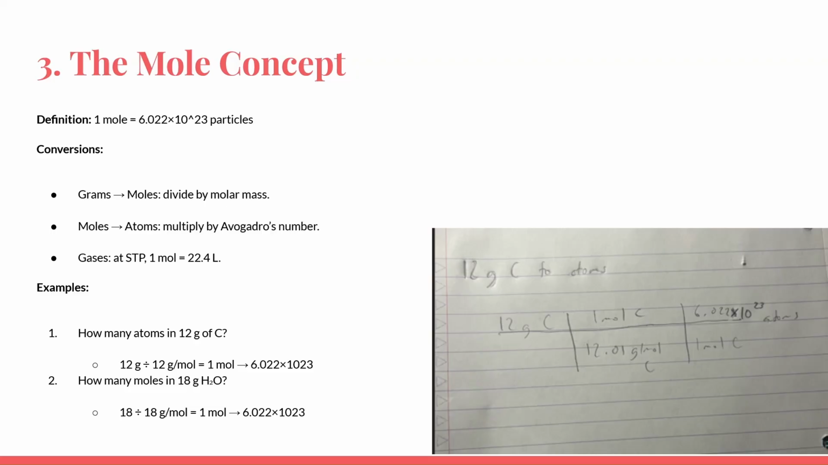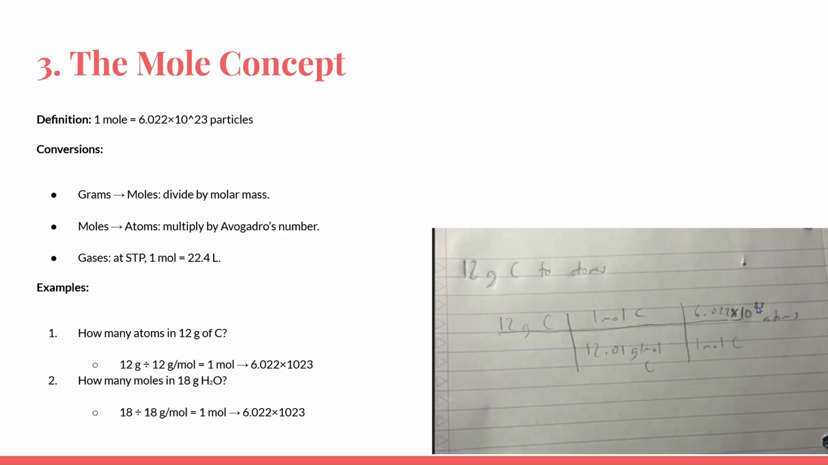So, how many atoms in 12 grams of carbon, and how many moles in 18 grams of water? These are a little bit more simplified here, but if you want to look at how I did it, I did 12 grams of carbon in atoms. So we had 12 grams of carbon, and then we divide by the molar mass in order to get the moles. And then for the moles of carbon, we divide by the moles again,